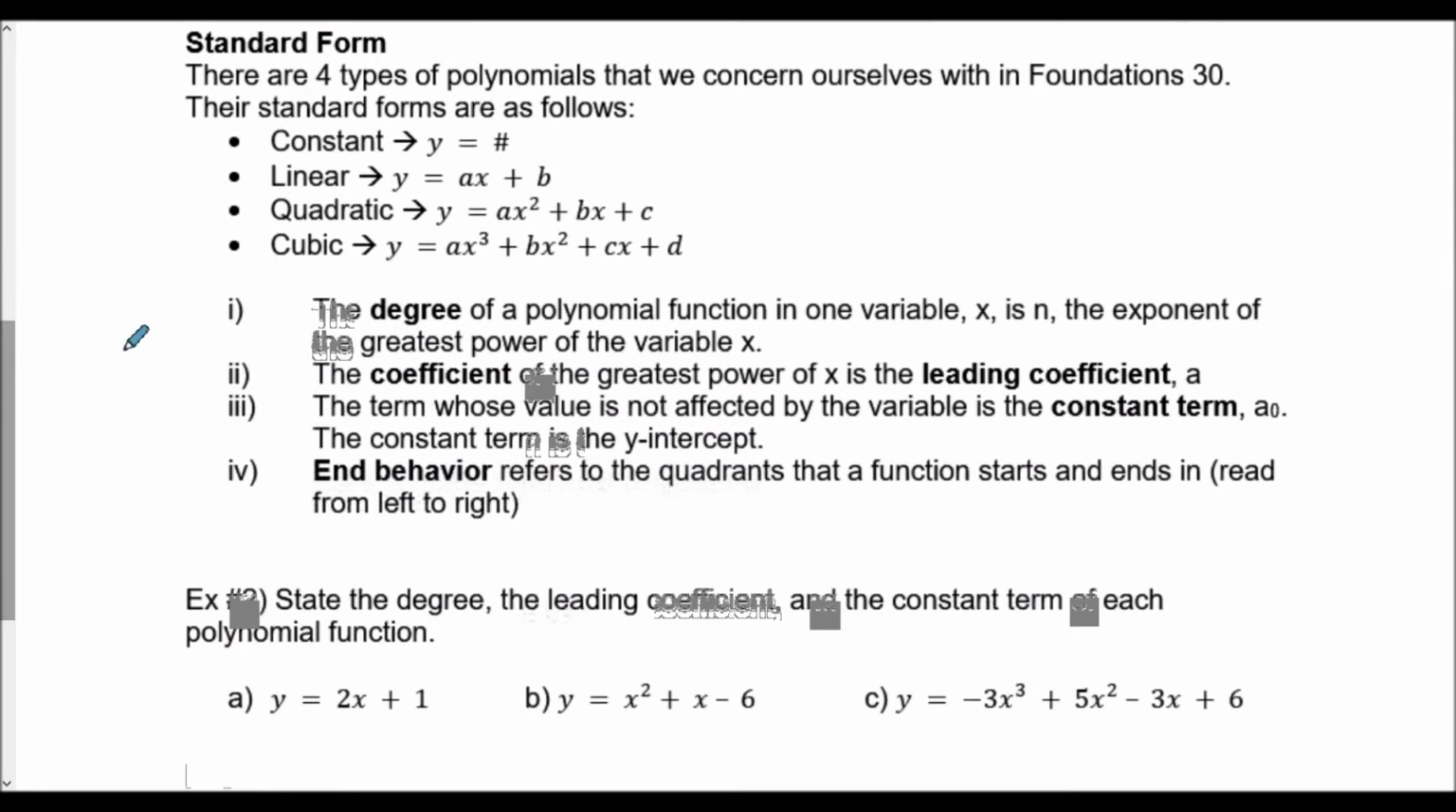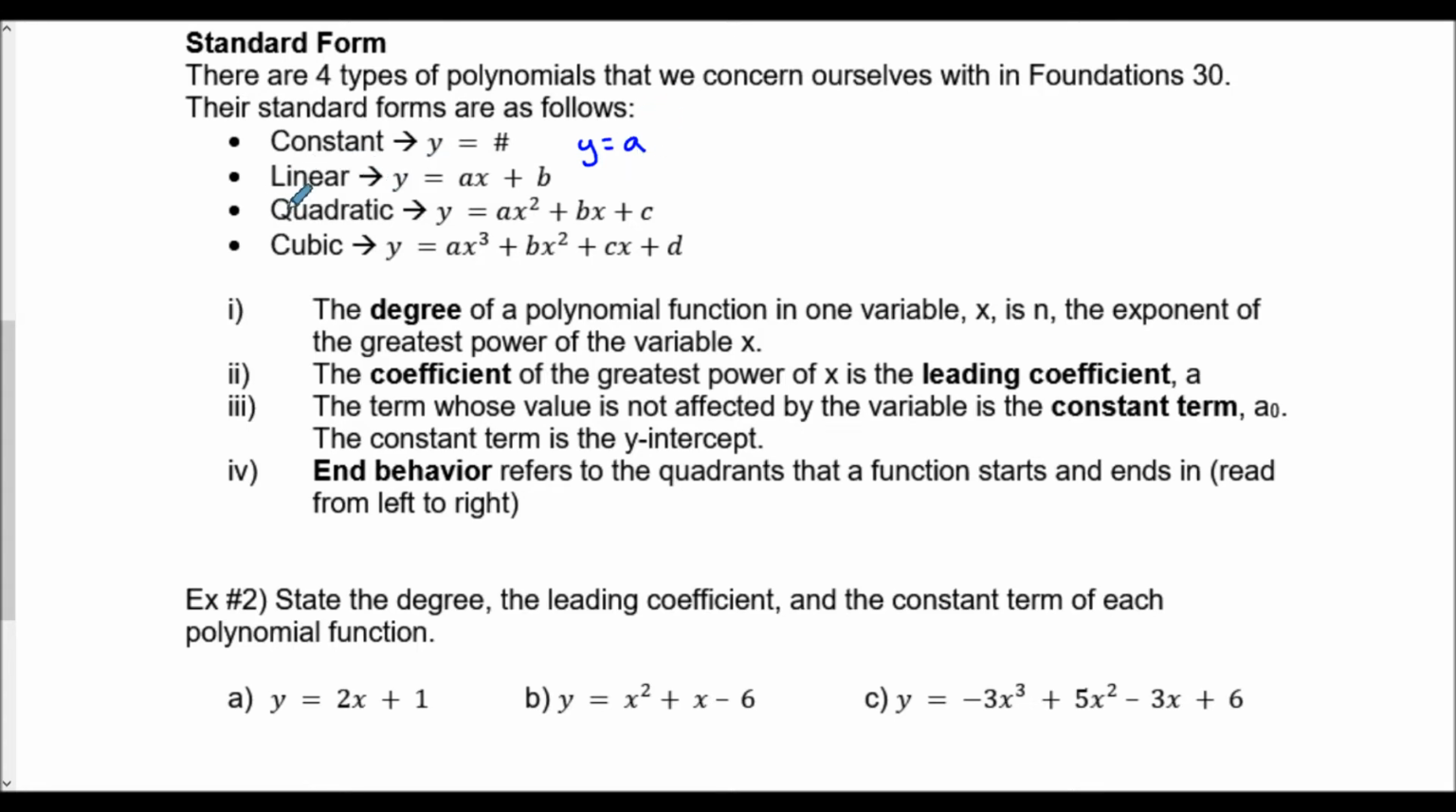In Foundations 20, we had started talking about some standard form. Now, the 4 types of polynomials that we've concerned ourselves with in Foundations 30, we have these strict standard forms for them. There is the constant term, or the constant polynomial, which is y equals some kind of number. Sometimes people will write it as just y equals a,